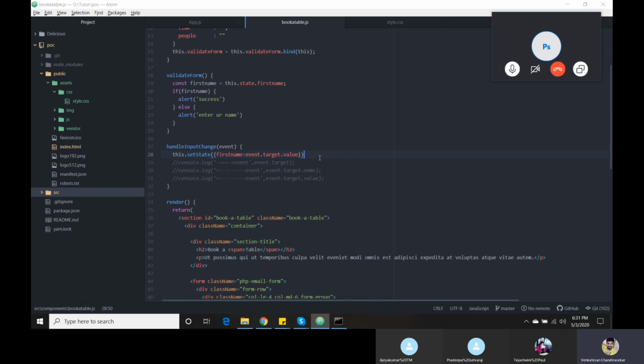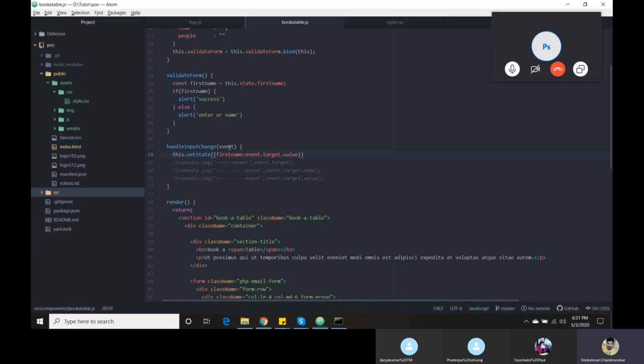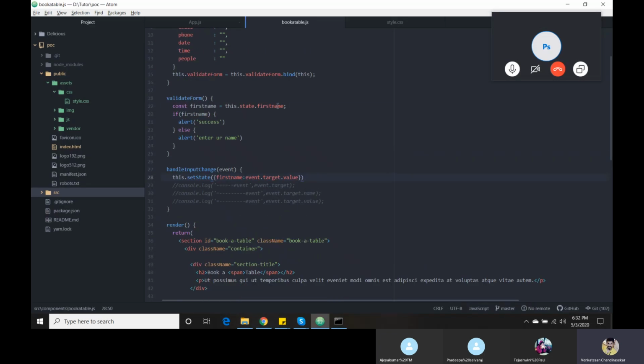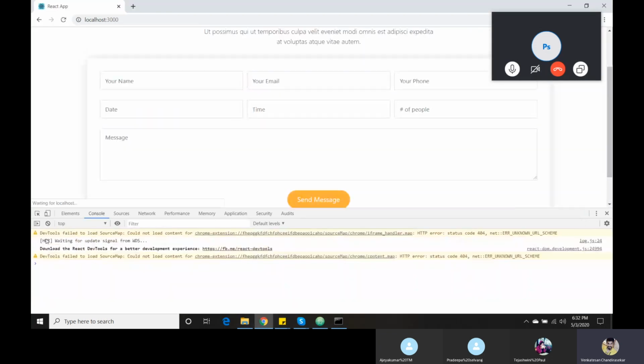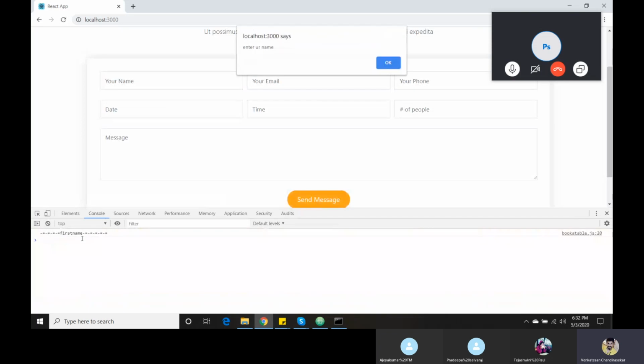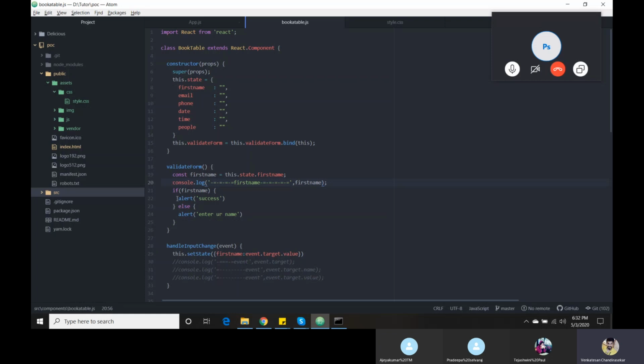Now I have bound my values. Now it is showing "enter your name". The reason is that this.state.firstName doesn't have any value; initially it is empty. The first name is empty, that's the reason it fails here.